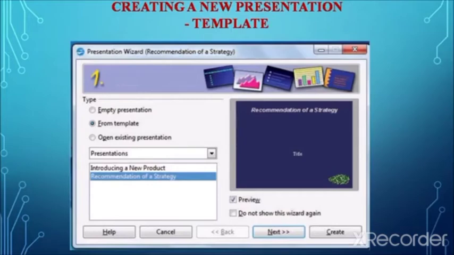It displays the list of available templates. The user can select the required one. The preview will be displayed in the preview tab. So this is how the user can create a new presentation using templates.